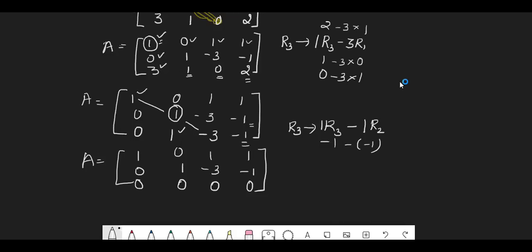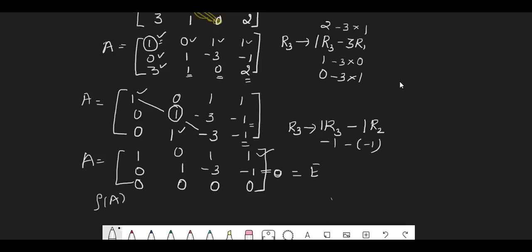Can you reduce this second row, if all elements are 0, with the help of the first row? Is it possible? At the most, if I add it, minus 1 plus 1, this element may be 0, but I cannot say entire all elements will be 0. Agree with this? Okay, so after confirmation that I cannot further simplify, I'll call it an echelon form. This is my reduced echelon form. Then we can easily write the rank.